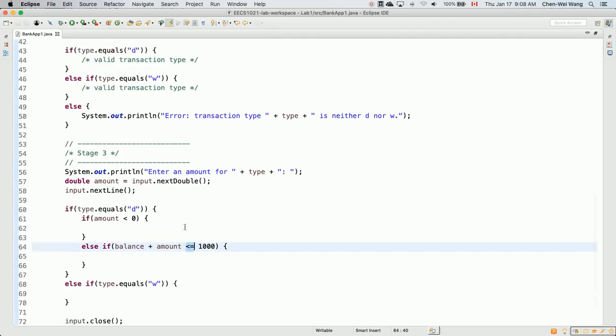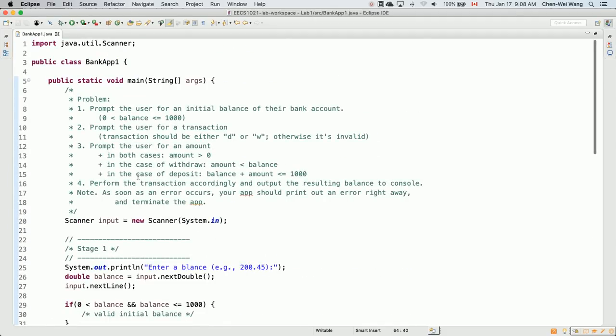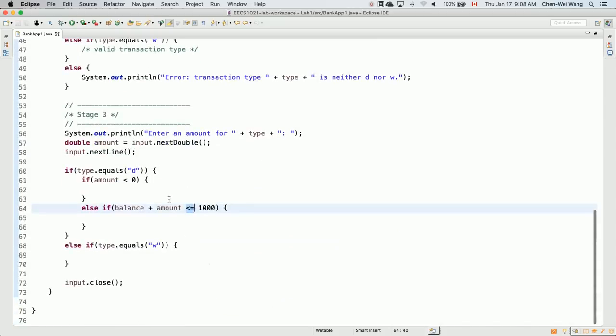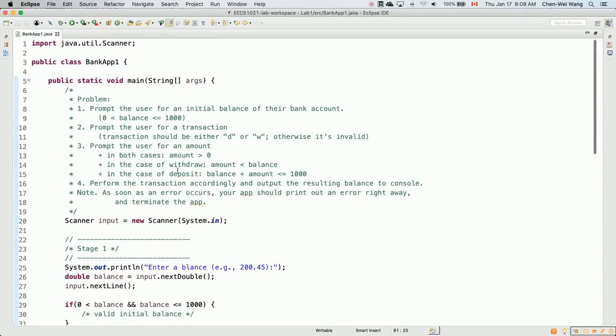Actually, logically speaking, what I should say is, in the case of deposit, amount should be larger than 0, yep, exactly. So now we want to say under what circumstances are we going to give you an error? We know that this is what should be the case: the balance plus the amount should be less than or equal to the maximum balance level. So when should we give an error? We should give an error if this is strictly larger than 1,000, right? So that means we should give an error if the amount is actually less than or equal to 0. We'll go over this logic